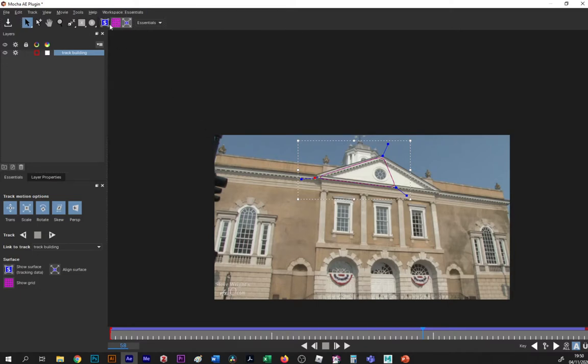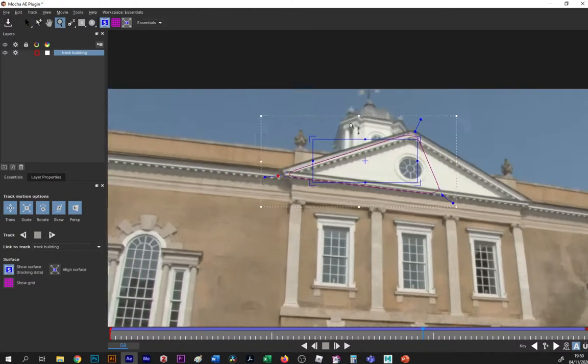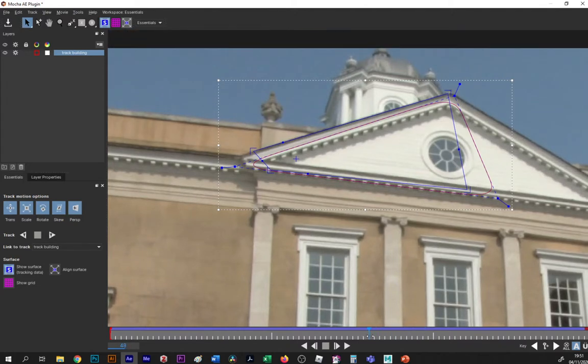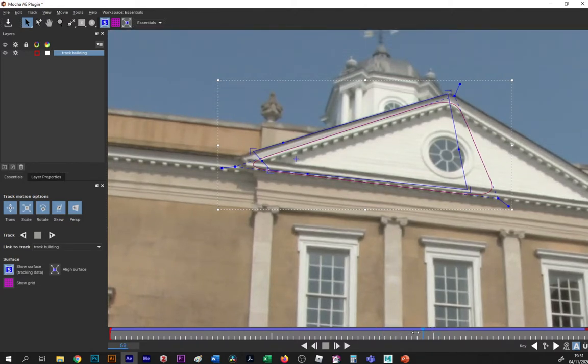Now at this point you can, if you wish, switch on your planar surface, and what that does is it gives you a reference shape. Now this actually has a few different purposes. It can be used to send a corner pin back to After Effects to use with the corner pin effect, or you can use it to check the alignment of things in your frame to see if your track is going to be suitable for you to create masks and such on parts of the frame, such as the rooftop here. So again, if I keep that in stabilize mode and I move that back and forth,